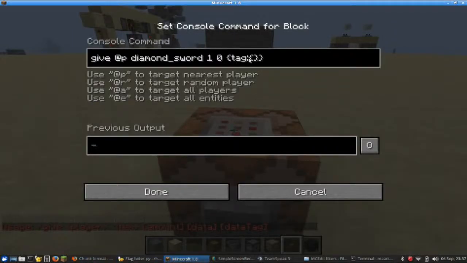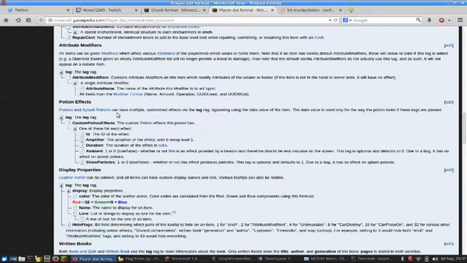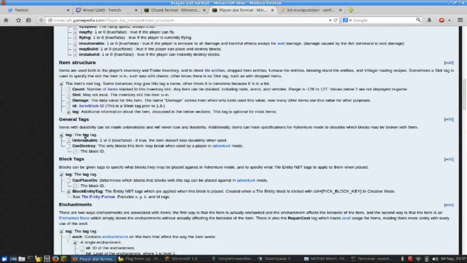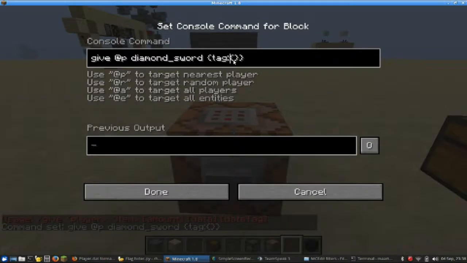So, tag. Now I should go to the chunk format, of course. No, actually, item format. Sorry. Now we go in here. Check stuff. Okay, I think we can start here. Unbreakable. That's just bytes, which is typically used for true or false. So we're gonna say that it is unbreakable, so it won't use durability. And basically, you're gonna give it all these different. Oh, dang it! It doesn't say that. Yes, okay, so